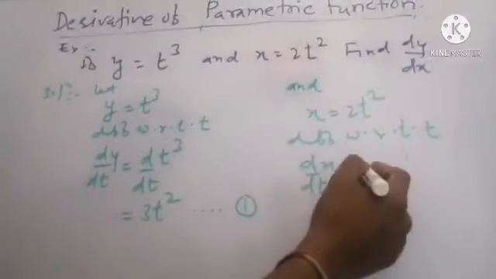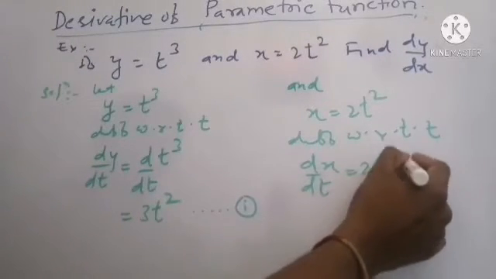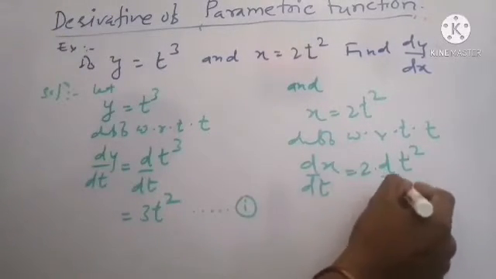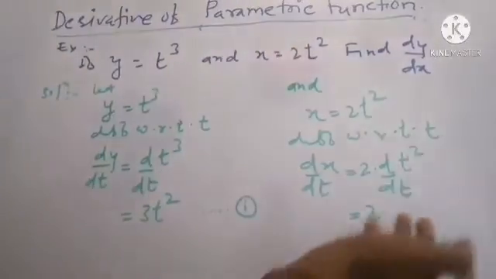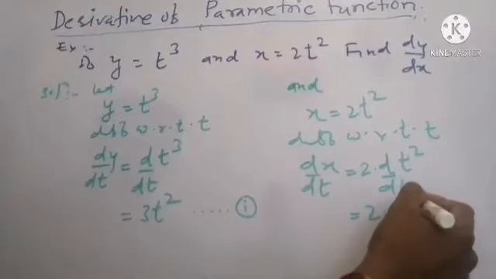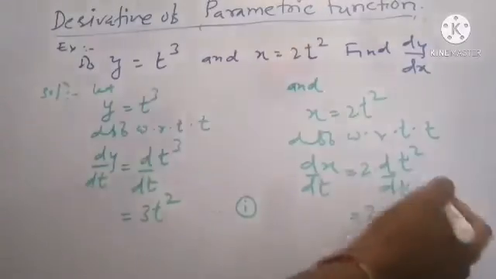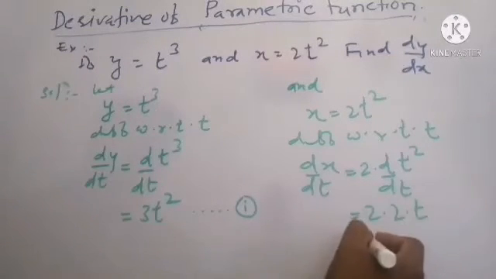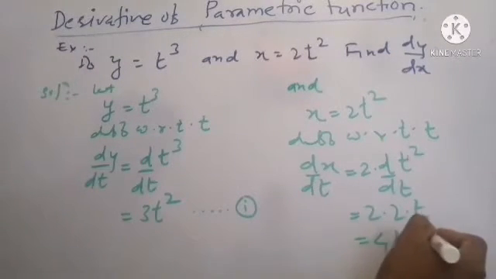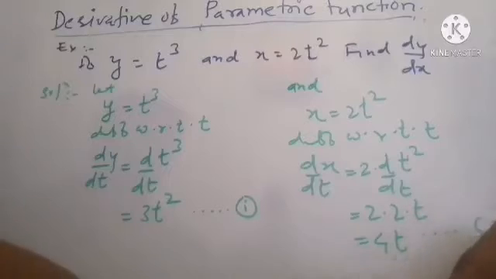By the product rule, take 2 outside the derivative, and in the derivative only the term t square remains with respect to t. 2 is a constant. Again it is a power function, so take the power in multiplication of t and decrease it by 1. 2 minus 1 is 1, so t raised to 1 is t, that is 2 into 2, 4t. This we will call number 2.